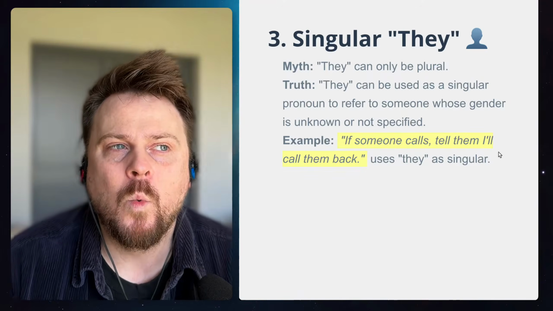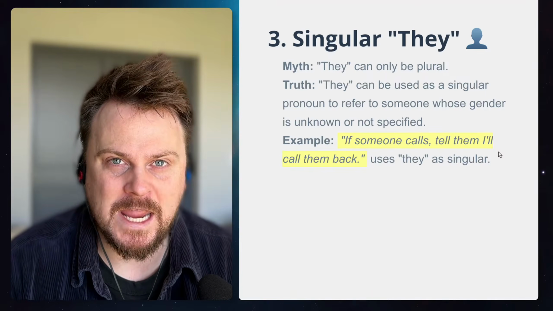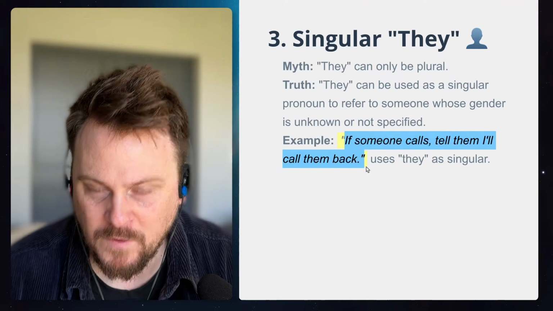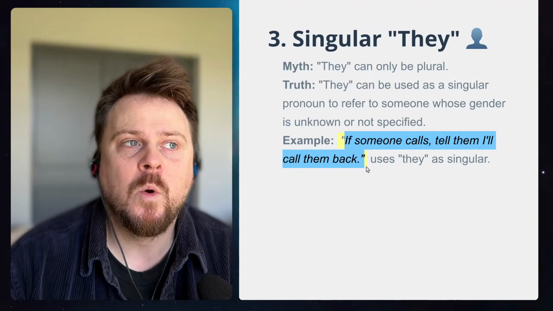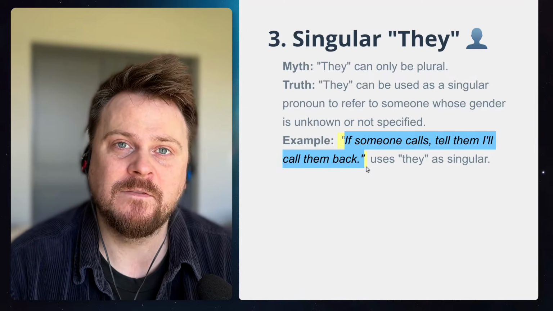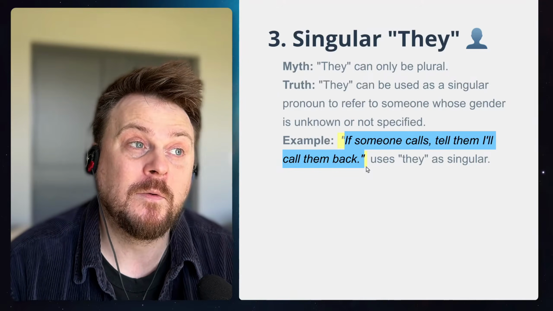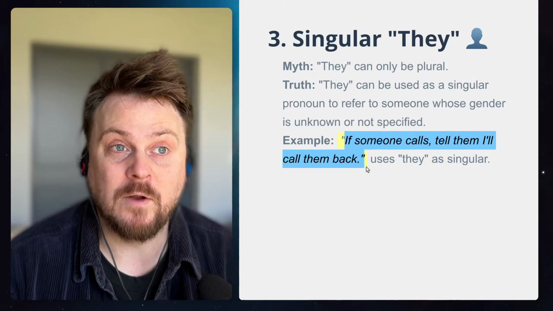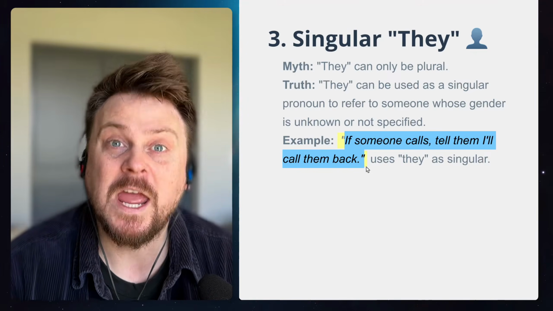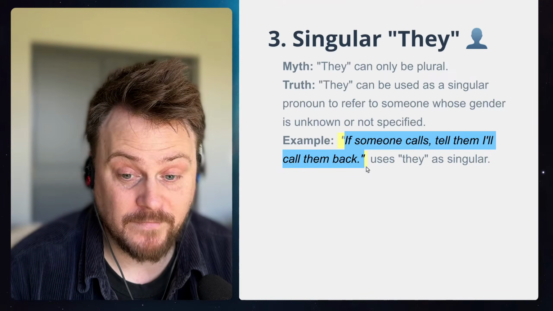So if they means usually more than one person, when would we use they to talk about one? Well, if someone calls, tell them, I'll call them back. They called you back. Well, if I don't know who they are, right? It could be Nancy or Steve. I have no idea. Then I don't know because nobody told me, or I don't know because there's no extra information. Then it's totally fine to use they, and totally natural to use they. Okay? Another very common thing.